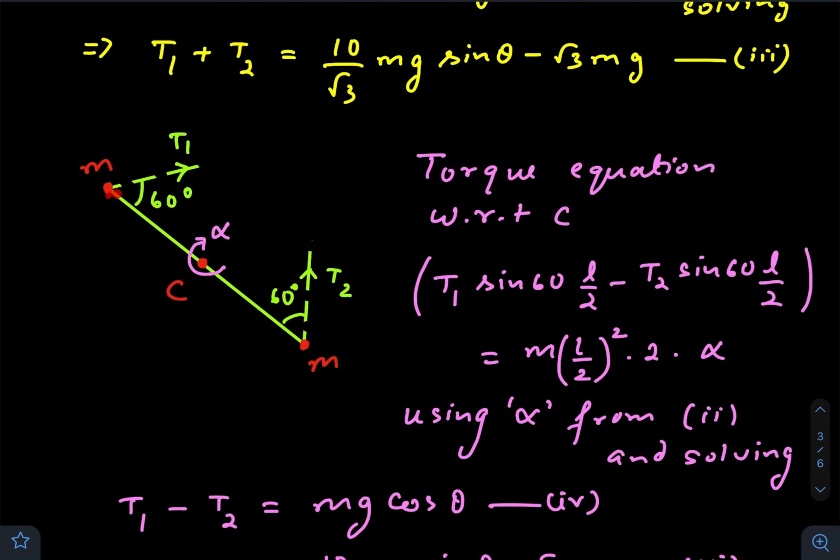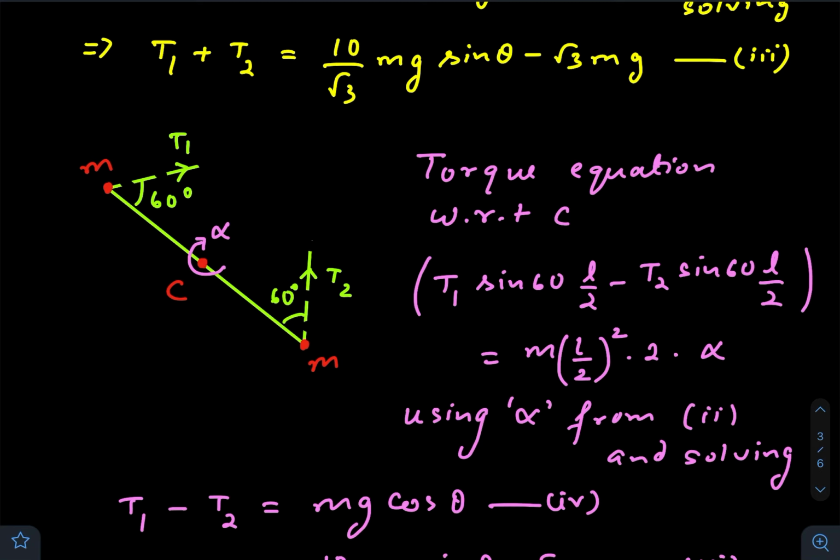So we'll just draw the rod once again. We can see that T1 and T2 are acting like this. Angular acceleration with respect to the center of mass would be alpha. It is a rigid body, right? Angular acceleration is an inherent property, doesn't matter with respect to which axis you are finding it out. Angular acceleration will be the same. So the best location I think is the center of mass.